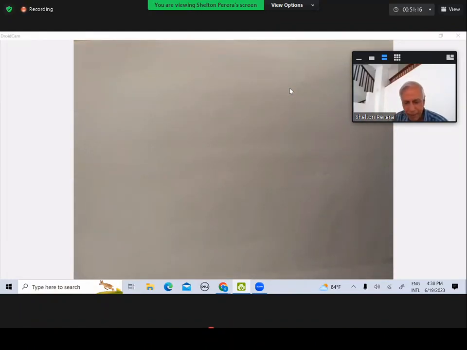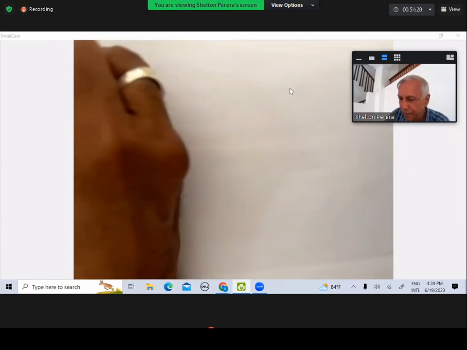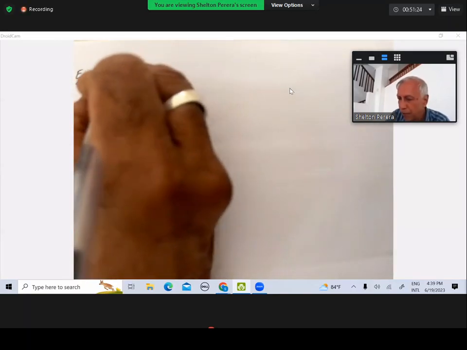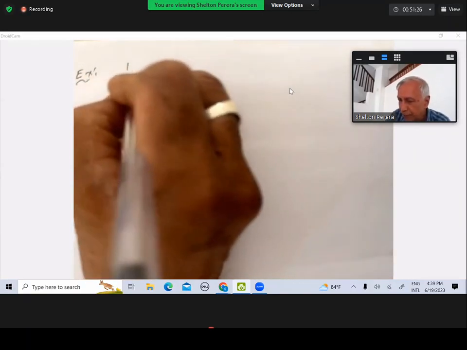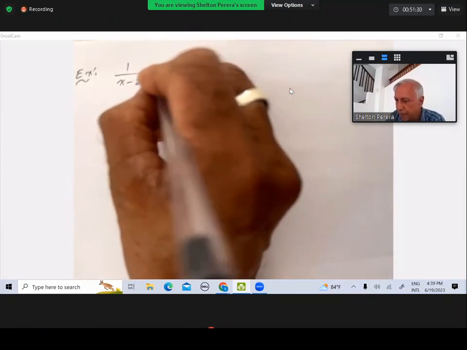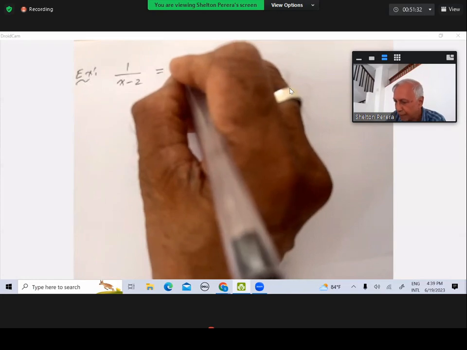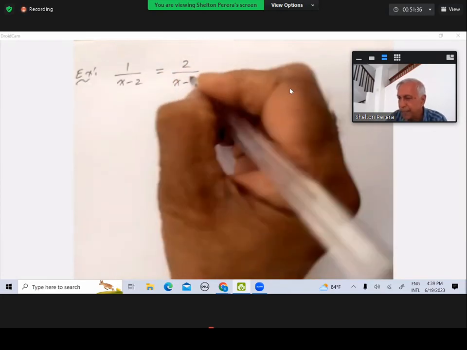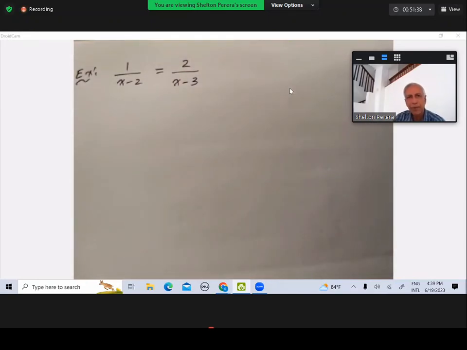But look at the next example: 1 over x minus 2 equals 2 over x minus 3. Solve this equation. It doesn't look like a linear equation, but you will be